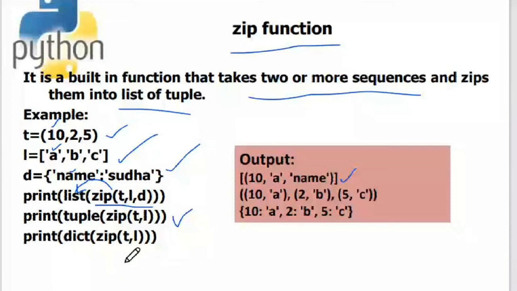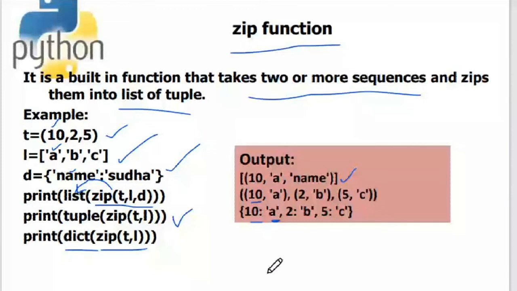And the next one is I have zipped this one, right? But now I'm converting it into a dictionary. When I convert it into a dictionary, the first element will become the key and the second element will become the value, a key value pair, right? You know the dictionary will be having key value pairs, so there won't be any indexing in a dictionary. The key will become the point of reference. So here 10 will become the key and A will become the value. Like that it will be converting.